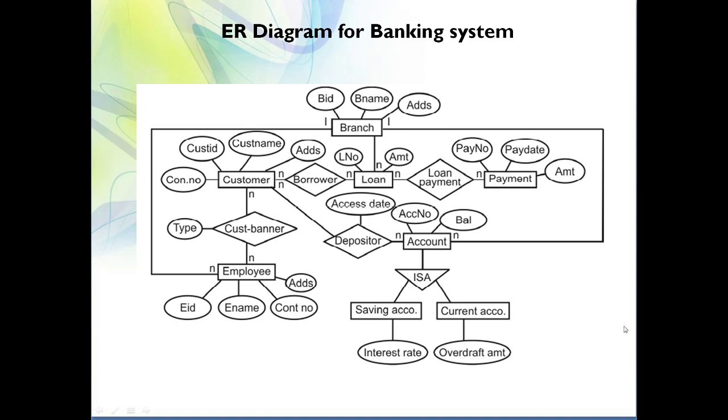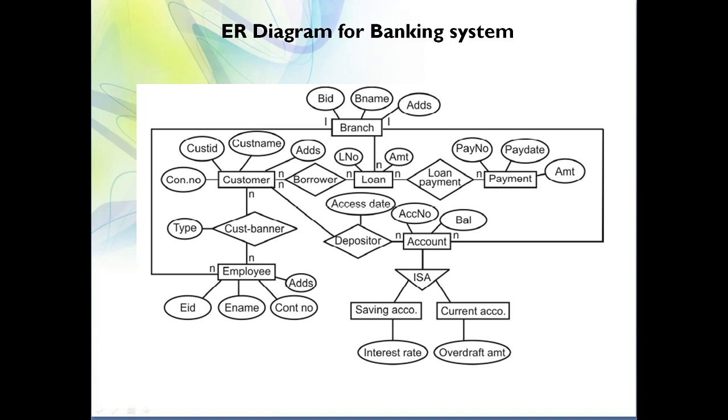But here I want to tell you one thing: whenever you are drawing an ER diagram, avoid taking this is-a kind of relationship. Now what is the reason why we should not take an is-a kind of relationship? Because there will not be any table called is-a. Whenever you are drawing an ER diagram, you need to take care: while deciding a relationship, one question should come to your mind, whether I will create a table for this or not.